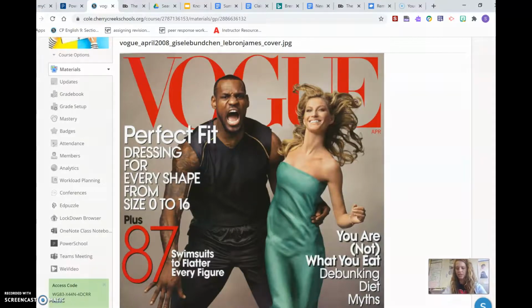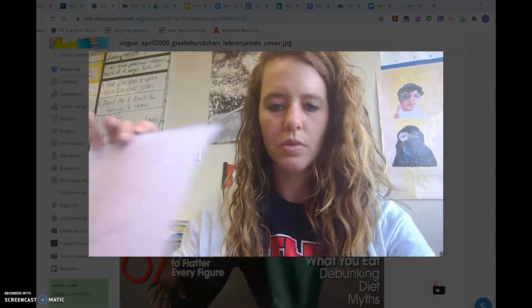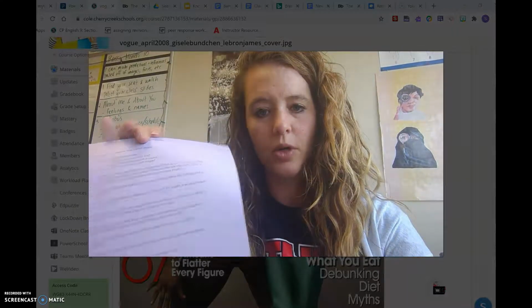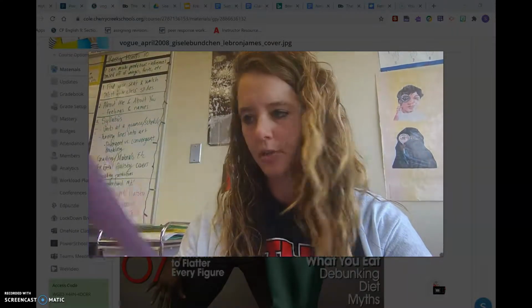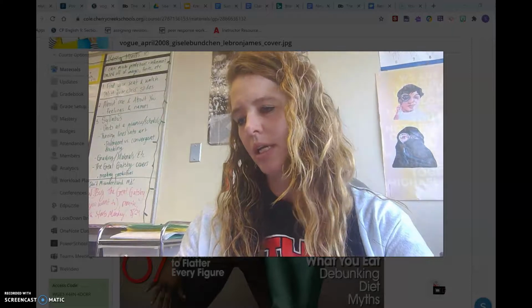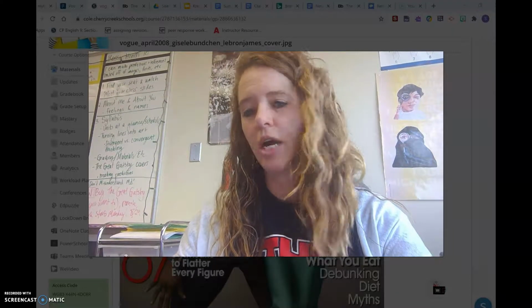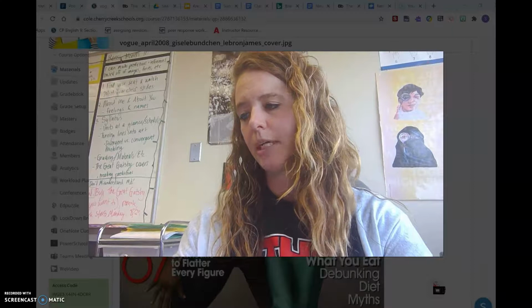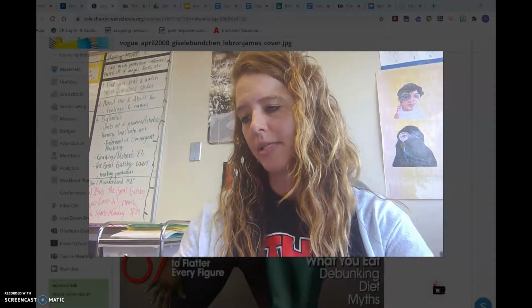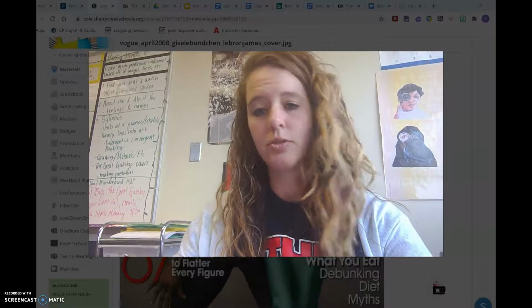This visual text analysis sheet will help you organize your thoughts when you see a picture like this. One of the questions, for example, is how is the picture composed? What is your eye drawn to first? What immediate impression is created? Is there any particular information highlighted or stressed?